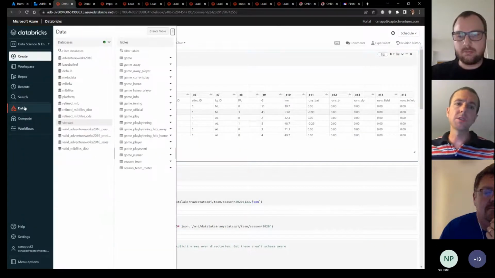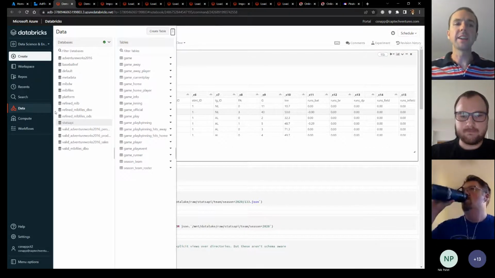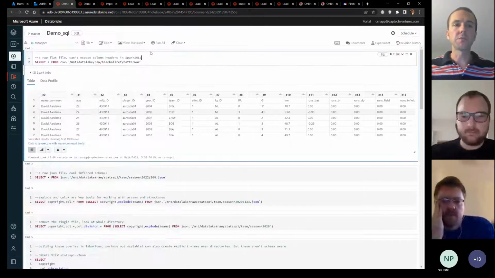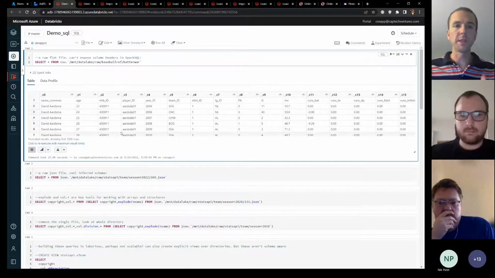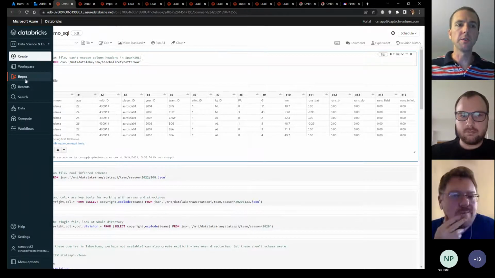So that's it. It's created in the Hive metastore, and Brandon and David might actually be able to answer better than I can beyond that. But if you see, my cluster is running. So this is the Databricks Workspace. We're going to talk about some of the features of what you're seeing on the screen right now.